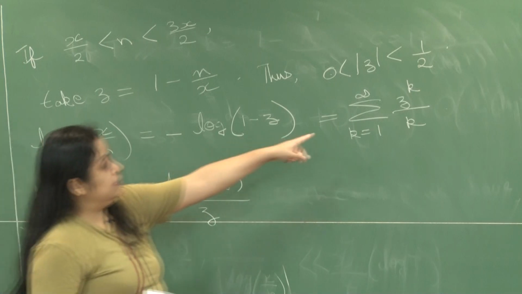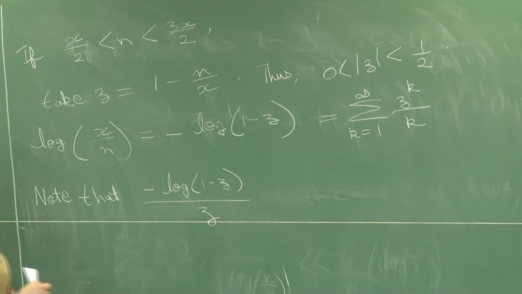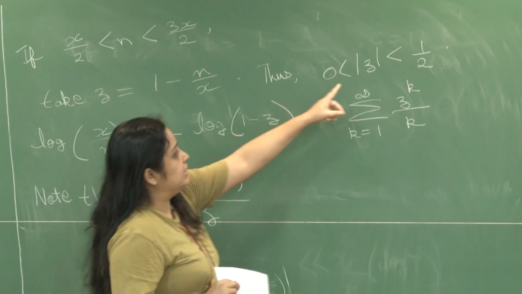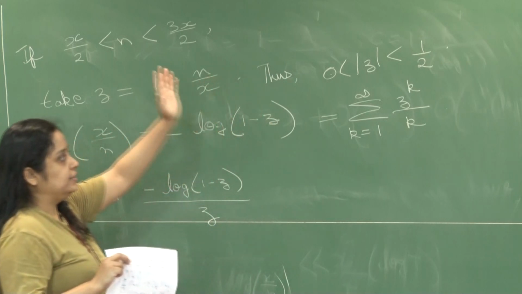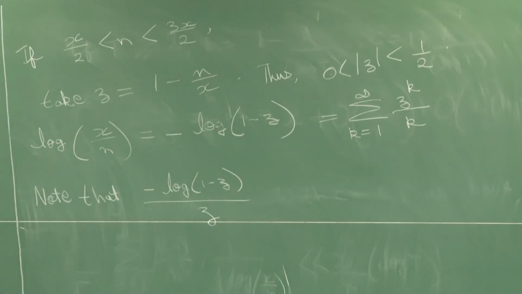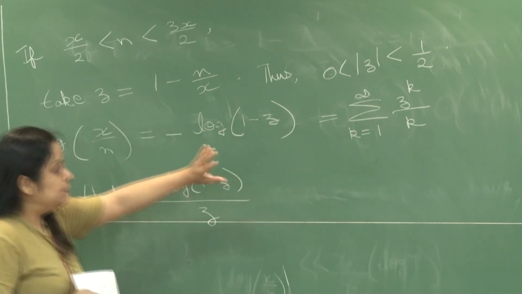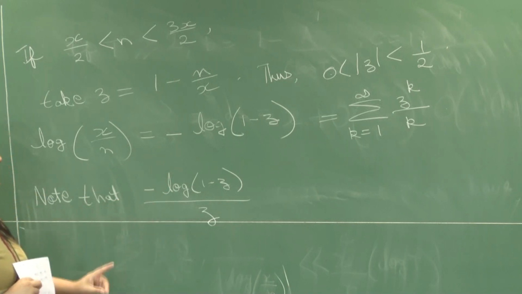Use the Taylor series expansion and take different cases: one is when z is negative, the other when z is positive, but in both cases the absolute z is bounded above by a half. You can take two different cases, expand the Taylor series and apply appropriate inequalities to derive that